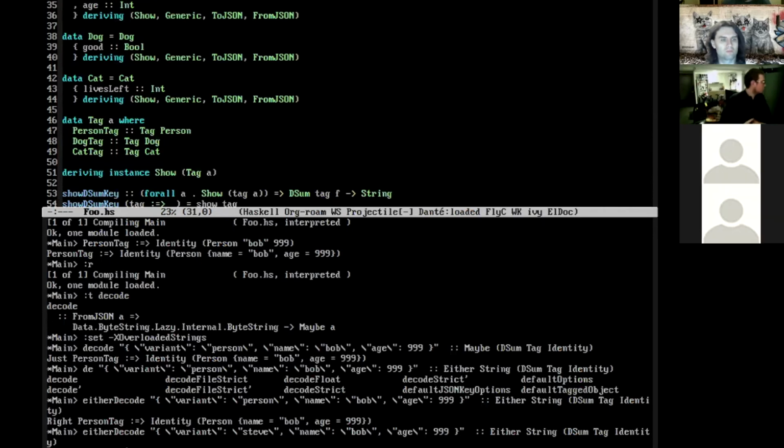This dsum is also parameterized by a functor f. Can you show him how it is used and why? The vast majority of the time I find myself just using identity here.